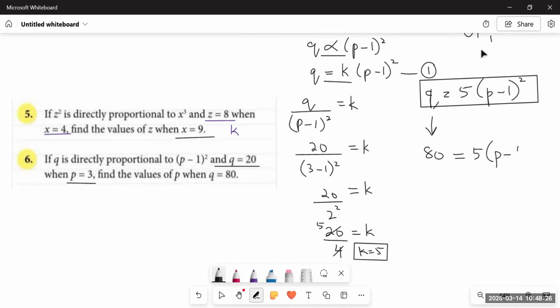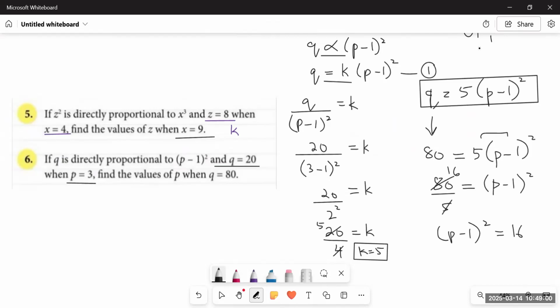So now it seems a bit tricky, but it's not. What are we going to do? We have to figure out what is the relation between 5 and p minus 1 to the whole square? They are multiplying with each other. So what are we going to do? At first, we are going to remove 5 from here. Since it's multiplying with p minus 1 to the whole square, it'll get divided on the left-hand side, and it becomes p minus 1 to the whole square. Okay? Now, 5 ones are 5, 5 16s are 80. So it becomes p minus 1 to the whole square is equals to 16.